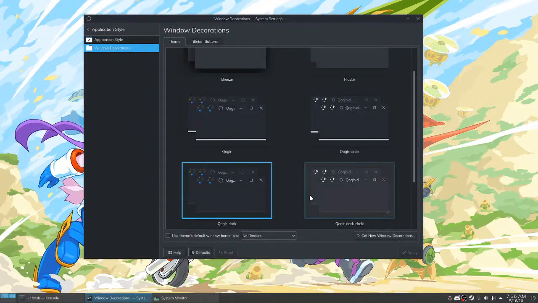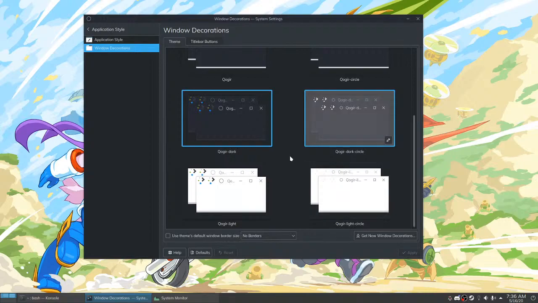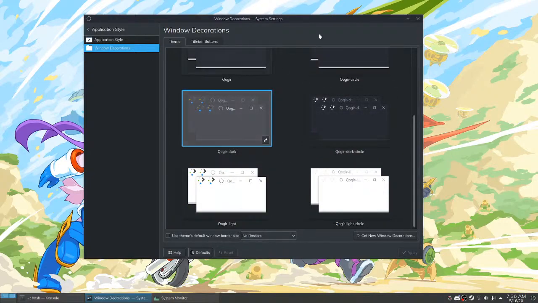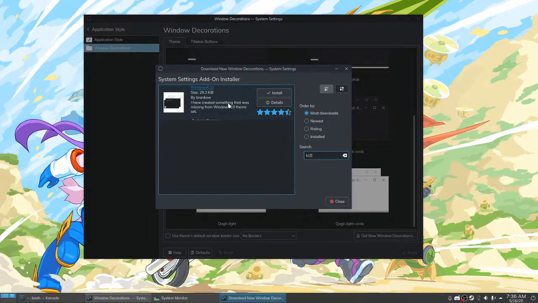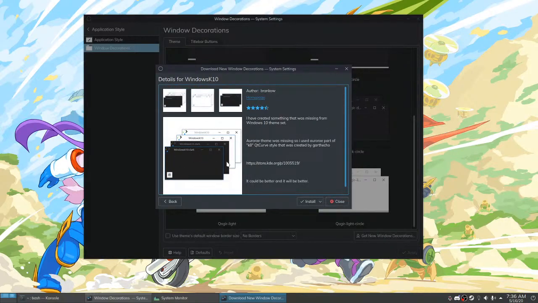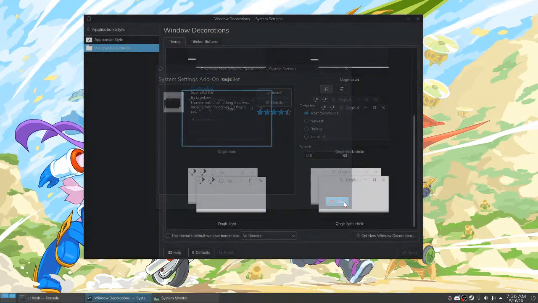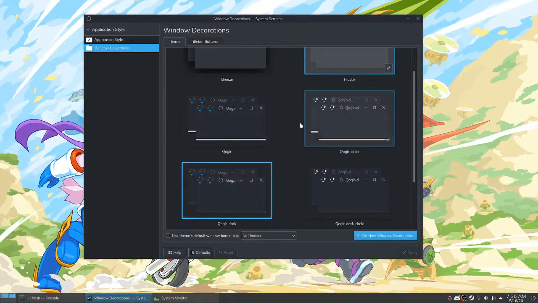But for the window decorations, that's where I've diverged a little bit. I have no idea how to pronounce this. Qogre, ogre, Q ogre, Kogre. I'm not sure, but this is what I'm using. I used to use a window decoration called K10, but I don't think it's been updated in a while, and it's basically just trying to copy Windows 10, and that's not really what I'm trying to do. I like the traditional decorations, but I don't want to straight up rip off Windows 10.